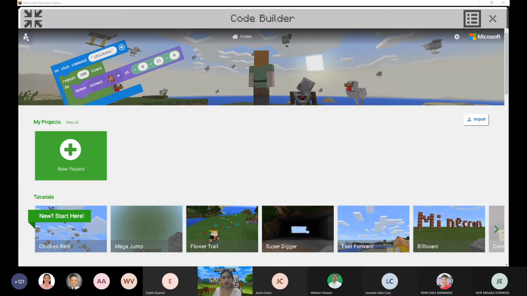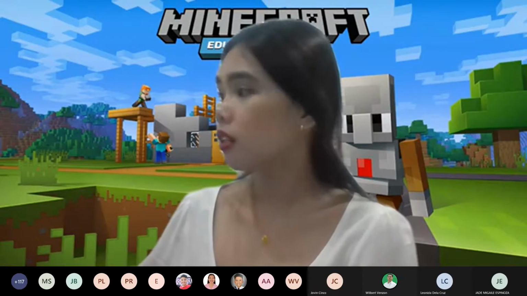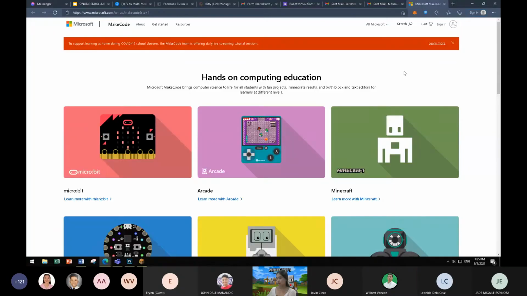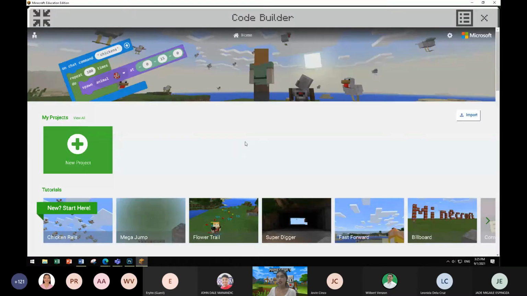Pag kinlik natin si Minecraft Agent, it will direct you to the, wait, hindi pala ako naka-share ng entire screen. Let me share it one more time. I'll stop sharing screen and I'll just share the entire screen. Okay, I am now back to my code builder screen. And here, kapag pinindot natin si Minecraft Agent icon,